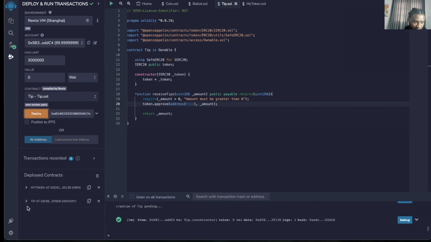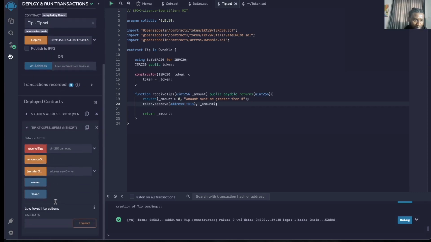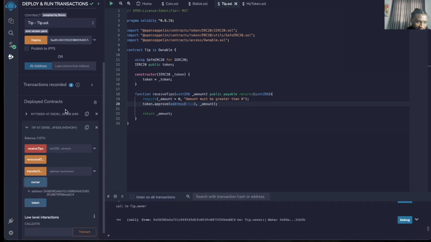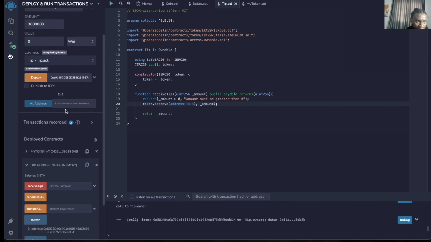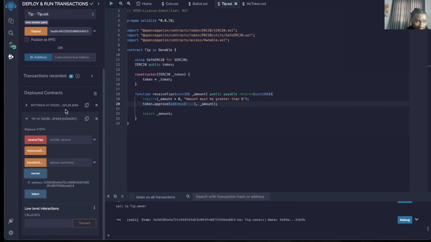deploy it. So we have tips right here, right? And tips here, the owner is this same address, right? We haven't specified its ability to receive, we haven't specified its ability to check its balance, right? But what we want to quickly test here so that you see this error is the ability to receive tips. So typically we have